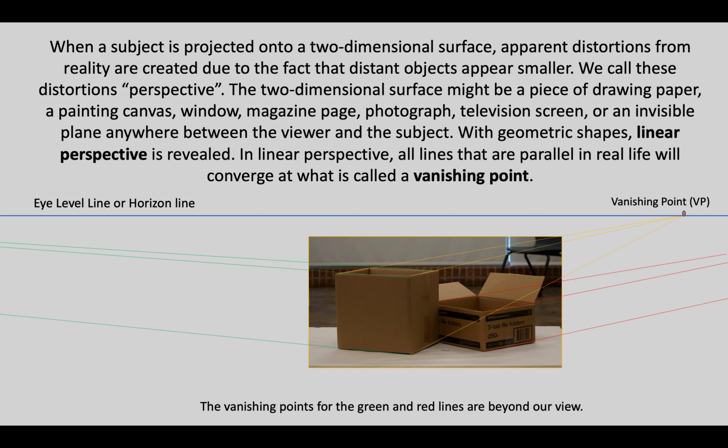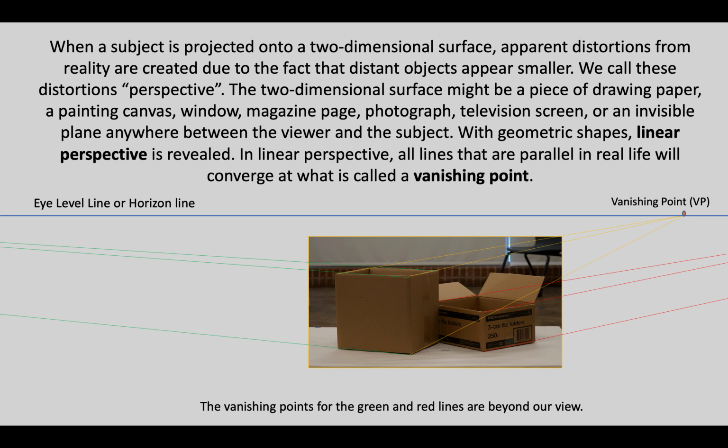What is created when you project the real world onto a two-dimensional surface is actually a distortion of reality. Well, sort of. It records how we perceive reality, but there's some information there that isn't exactly right when it's